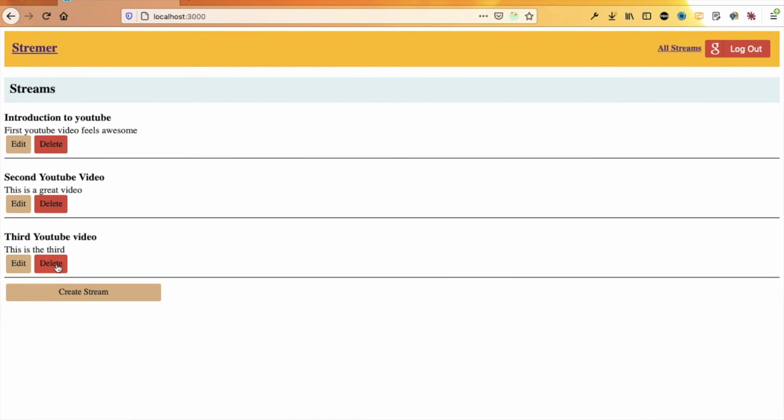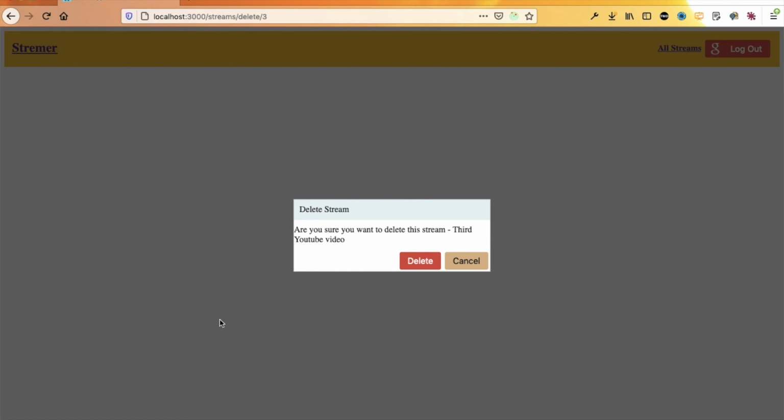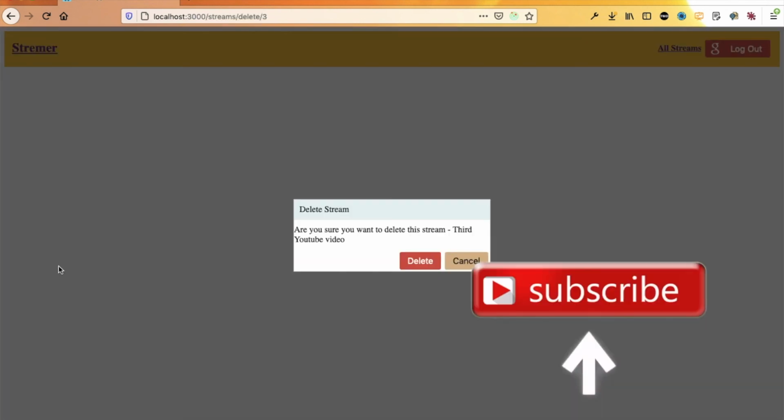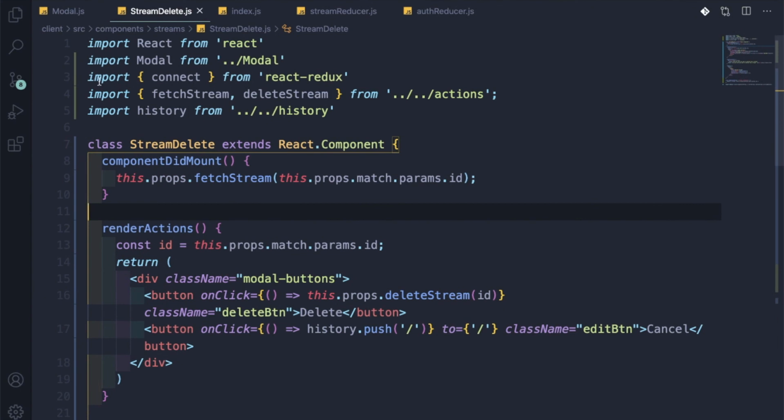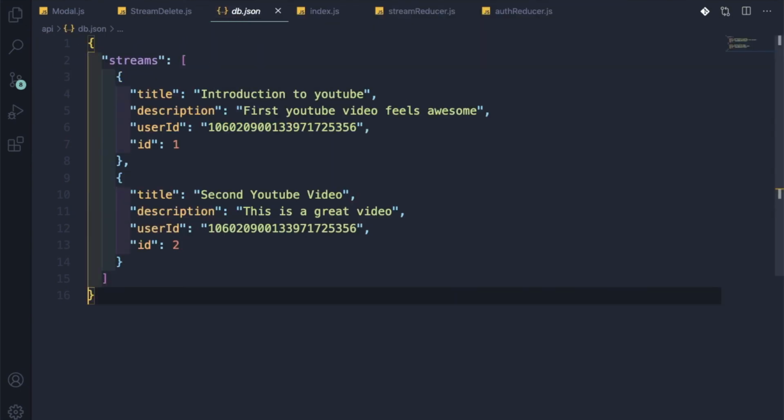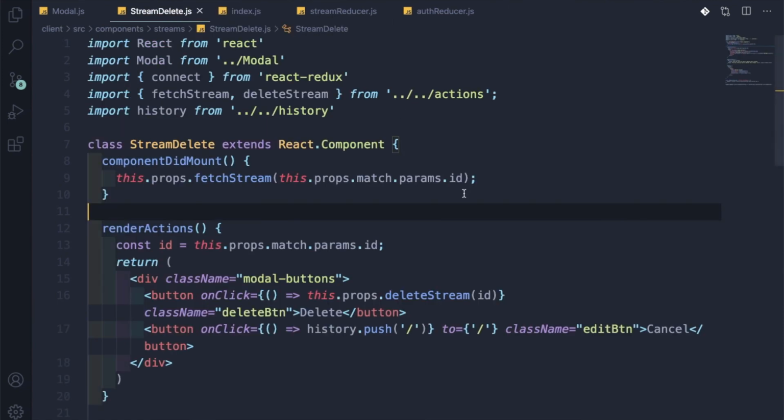Now I will delete this video. I click on delete. First I will click on cancel. Yeah, we're coming back. Then I will click on delete and I will click outside. Yeah, we're coming back. Now I will click here and it is deleted. So let us check at another place which is known as db.js. Yeah, the third one got deleted because we are saving it here only. So this completes part 6 of the series. See you